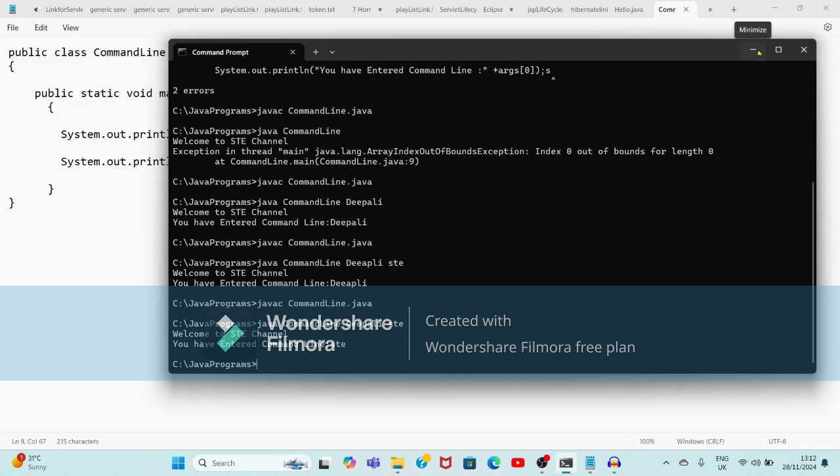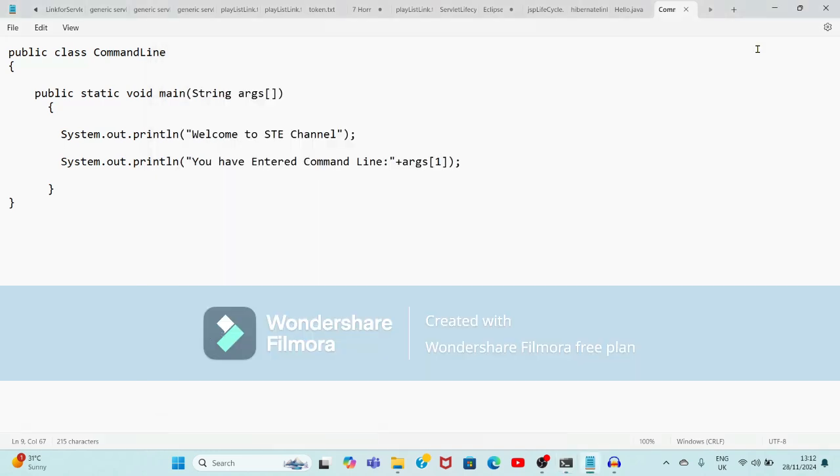But what if I want to take all the values which are passed within the arguments? At this time, we can create a for loop for this command line argument. So here I will create the for loop. I will take one integer variable, int i, and initialize it to 0.